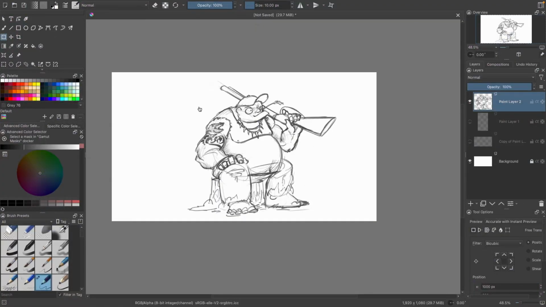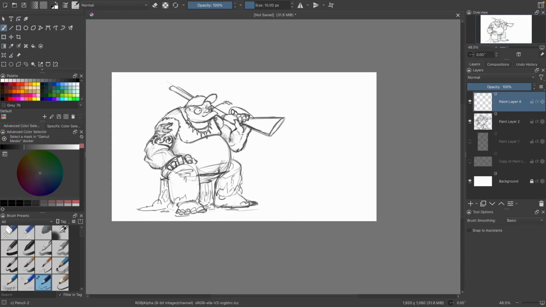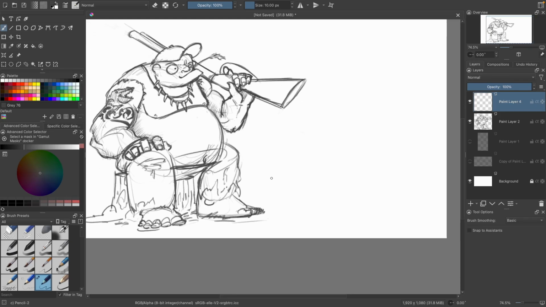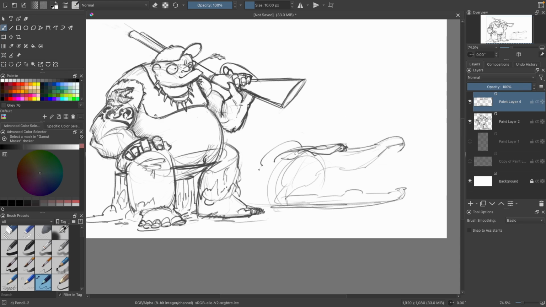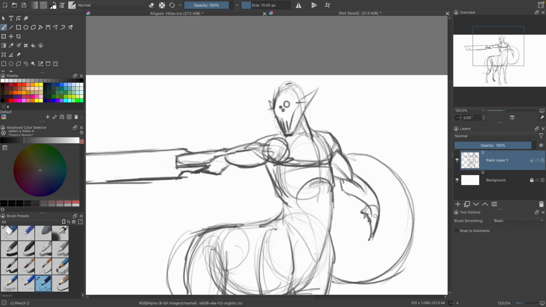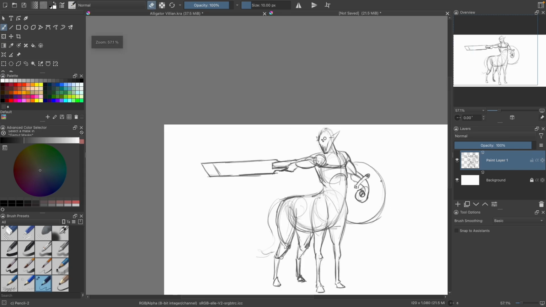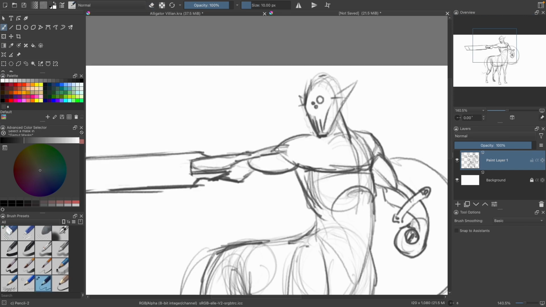It's mostly because of the fact that I forgot to hit record on the first character, so you only got like the ending of the drawing. There was like you catch the gator, me drawing the gator of it, but essentially I drew like an alligator villain and then a robotic centaur. That was the idea for both the character designs that I did today, and I want to talk about them,